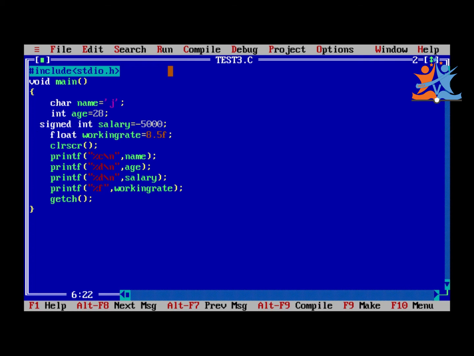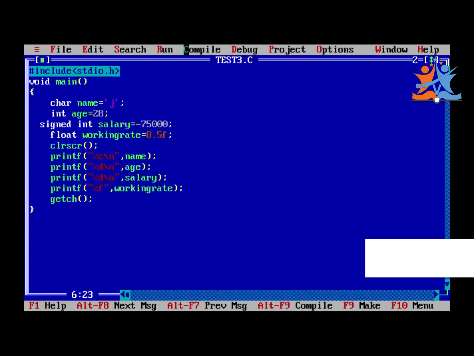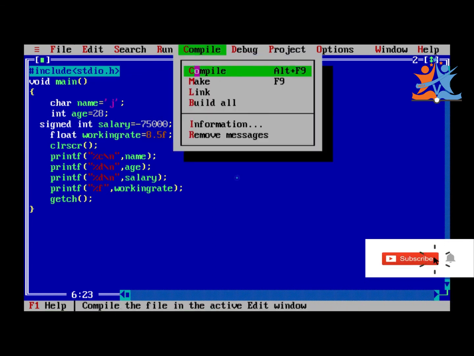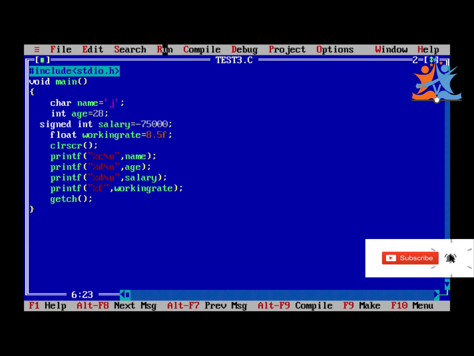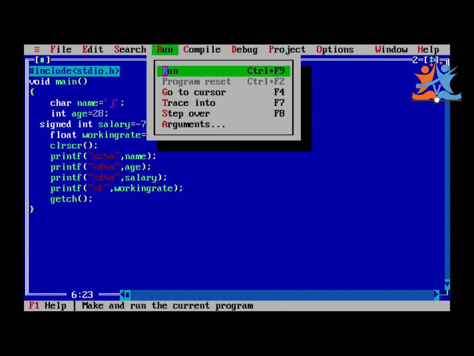We will see. Minus 75,000, what happened? Then save the file, compile the program, zero warnings and zero errors, compile and run the program. So the same minus value we are getting. Signed means we can get a minus value.